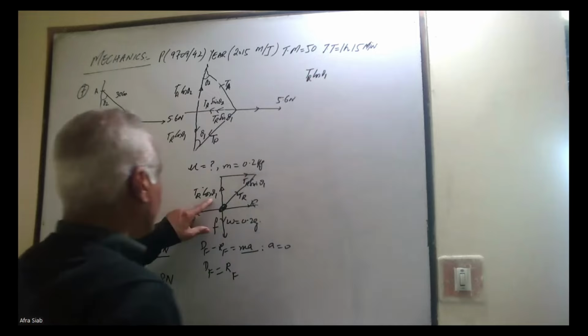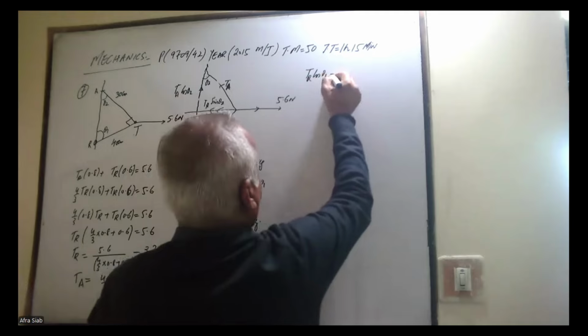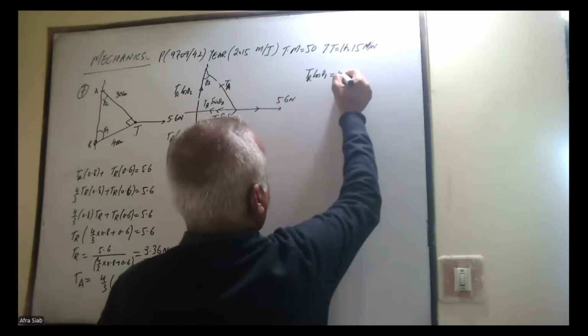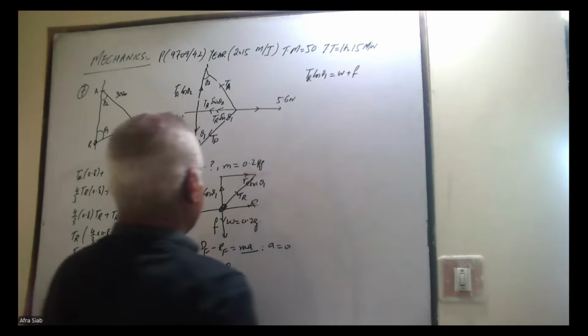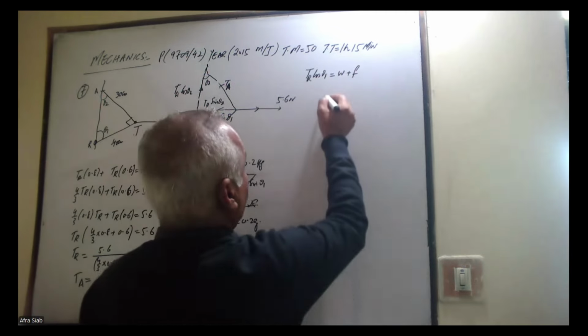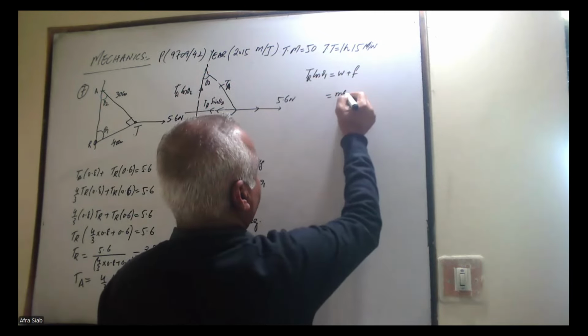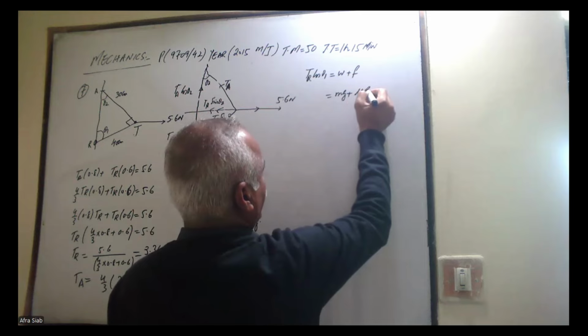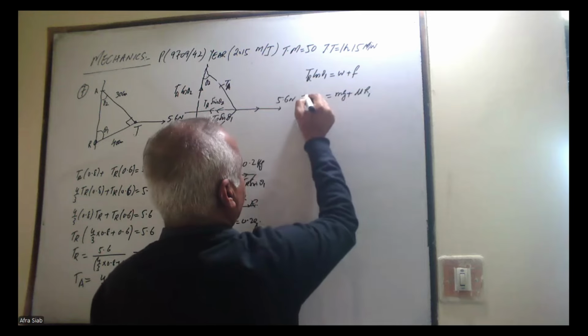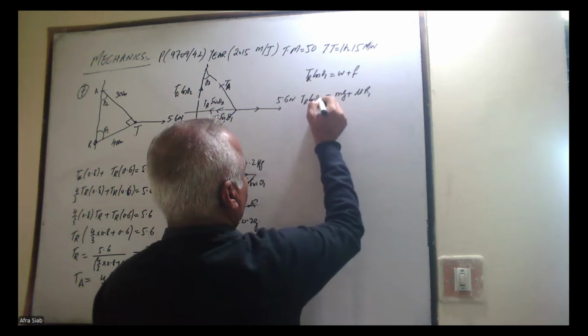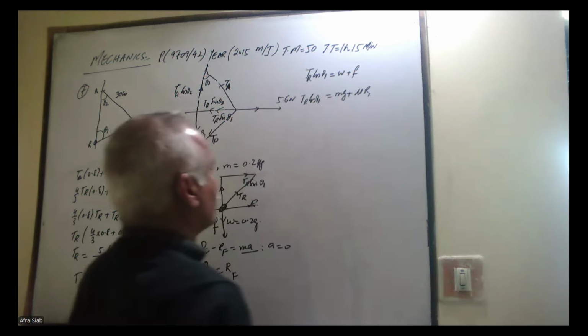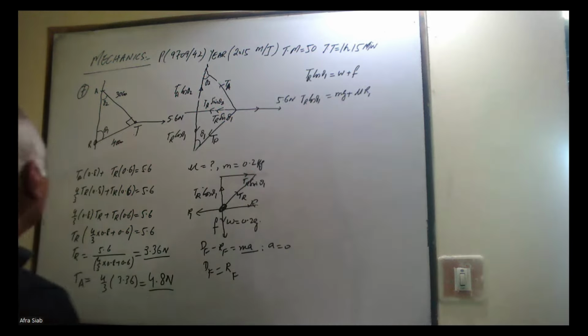That is being balanced by weight plus friction. So weight is basically mg, plus friction is mu R1, that is TR cos theta 1. But TR cos theta 1